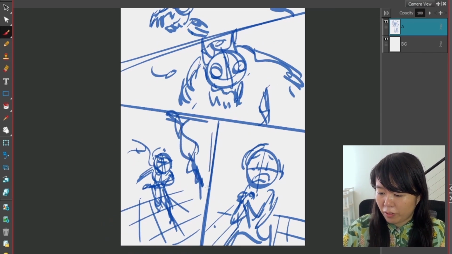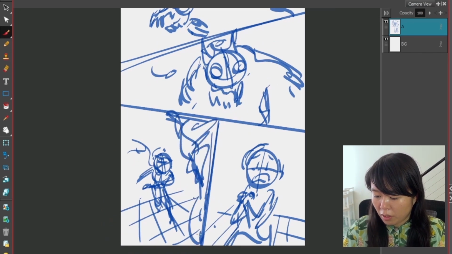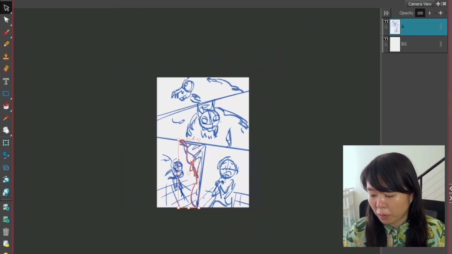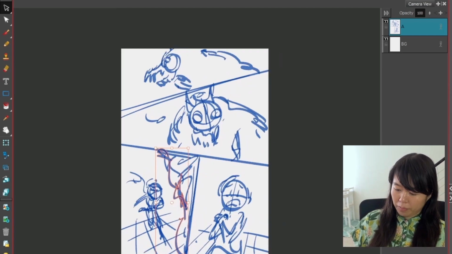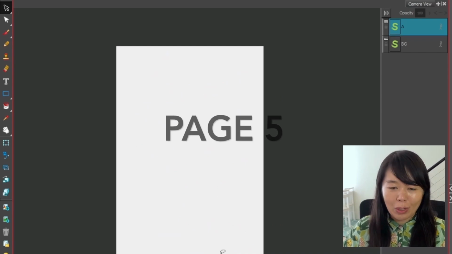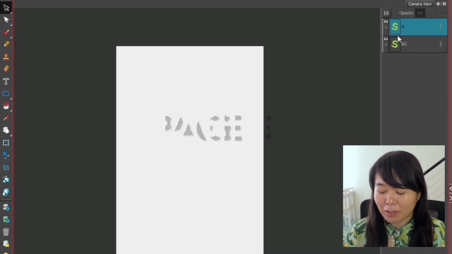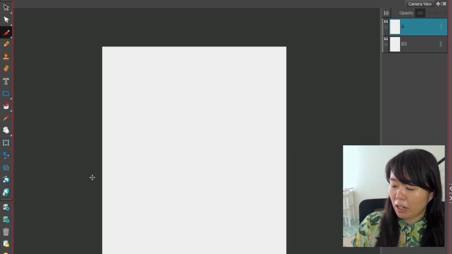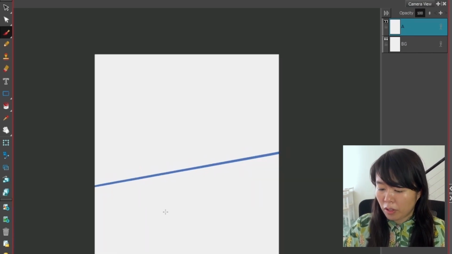Maybe we can see in this panel the monster, the backside of the monster. Okay, so that's page 4. Sorry I'm not doing as much chatting here. I'm just trying to get my head around this sequence. I'm gonna do another nice big